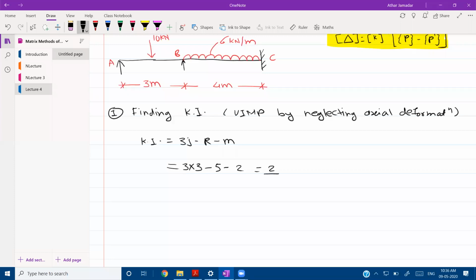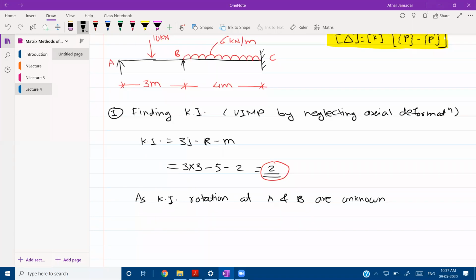So this Ki is now 2 here, and depending upon this value of Ki 2, we have to assume the number of displacements in the structure, or number of coordinates in the structure. And as I said yesterday, for simple support, for hinge support, or for roller support, we always have to assume rotation as an unknown. Okay, so here, as Ki is 2, rotations at A and B are unknown. Rotations means we are assuming moment coordinates at A and B are unknown.